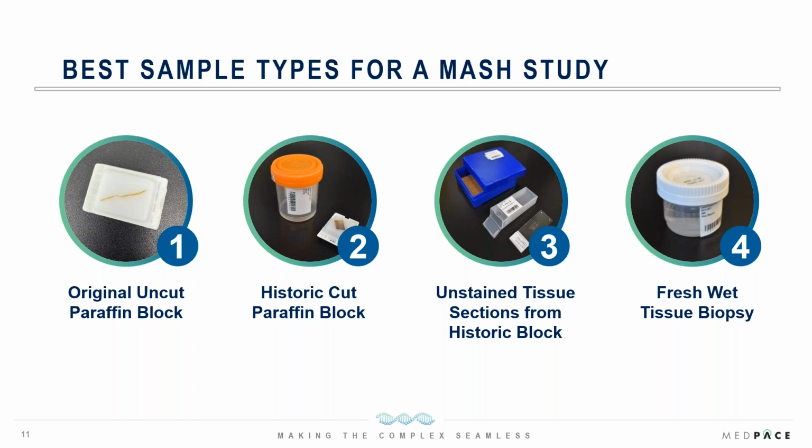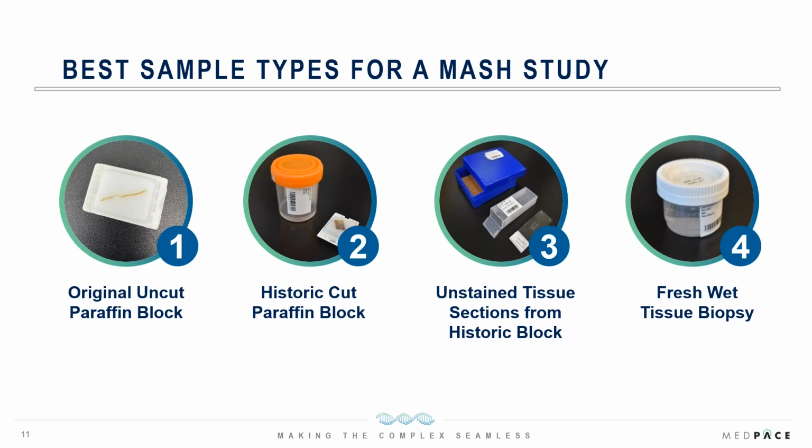The third option here is if the local pathology lab is unable to release the paraffin block to the central lab, then it is permissible for the histology lab, the local lab, to make unstained tissue sections from that historic paraffin block. And finally, the last option here is the fresh wet tissue biopsy, which may sound kind of not intuitive, but it's been observed here that if we get one of those little small 21 gauge, 22 gauge